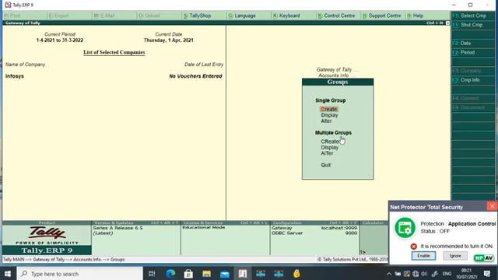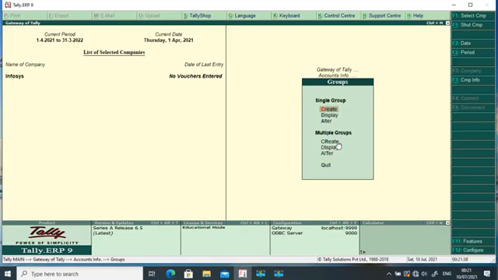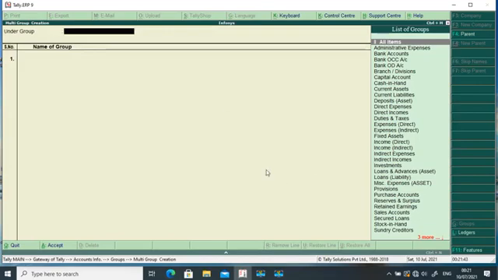So we need to follow the sequence of operations to create multiple groups. Just click on the Create option, then this is the window when you want to create multiple groups. You can look at this multi group creation under group. Okay, there is an option called Under Group.